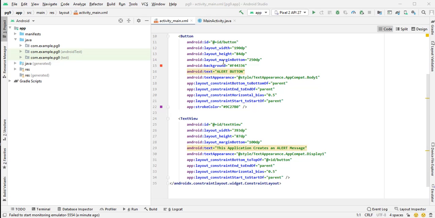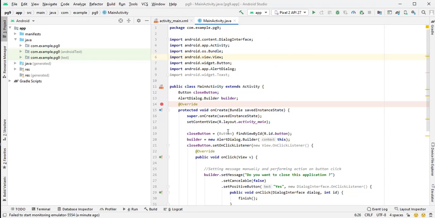Next you have to code the Java file to perform the actions whenever you click on the buttons that you embedded in the XML file. For this, you have to import the view packages and activity, which you already know. Along with that, to create the alert dialog box, you must import the AlertDialog class.